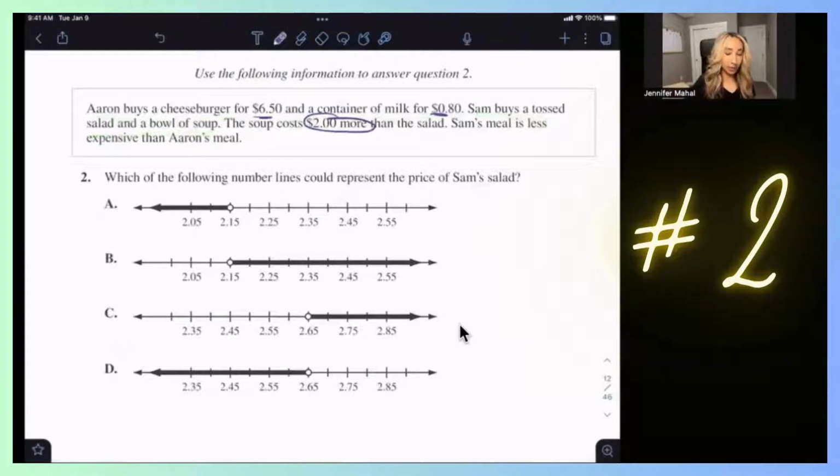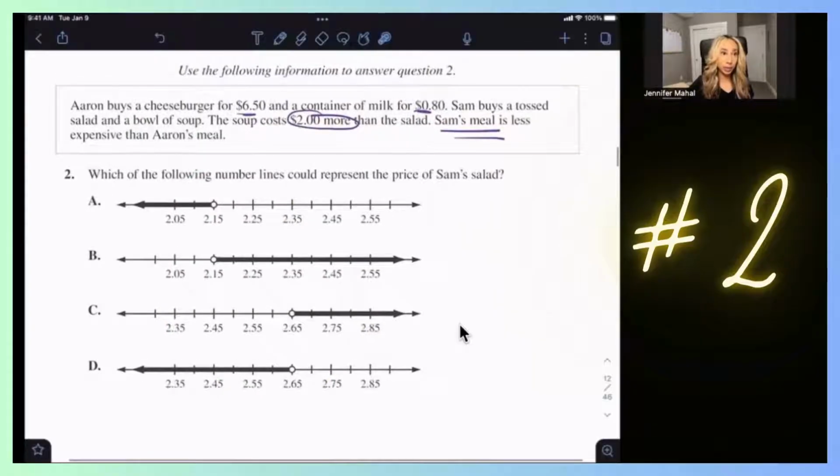So that's important because that means whatever Sam pays, it's going to be less. So anytime I hear the word less for something like this, and they haven't told me it actually is a definite amount, your brain should go straight to inequalities. The other hint about going straight to inequalities is we've got our number lines. So before I tackle the question, I do want to make it super clear as to what's going on with